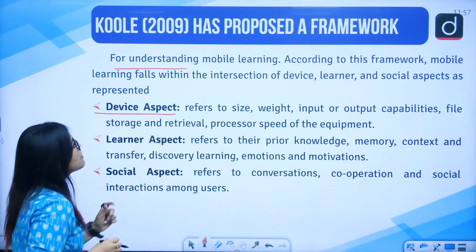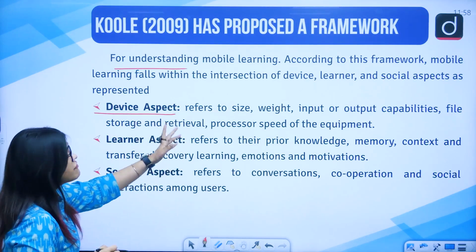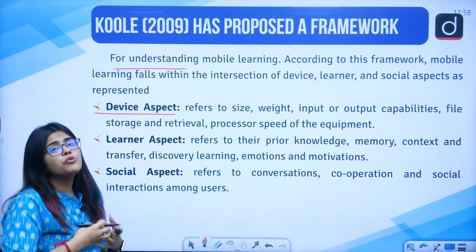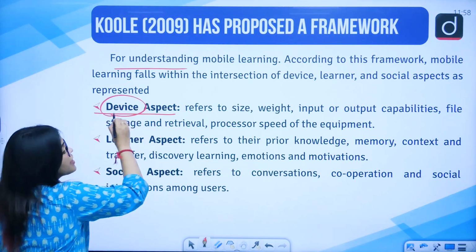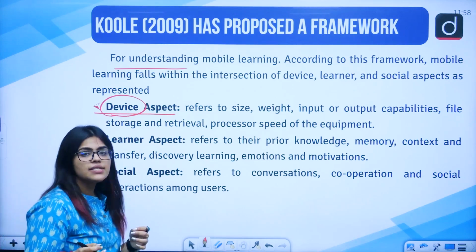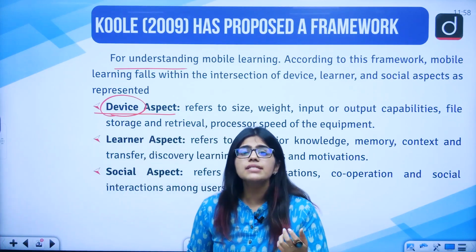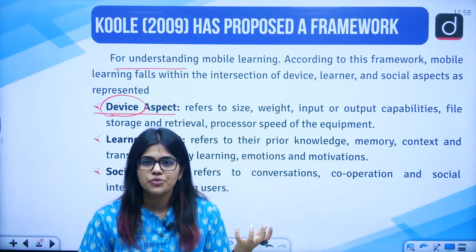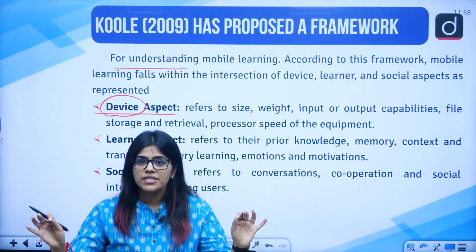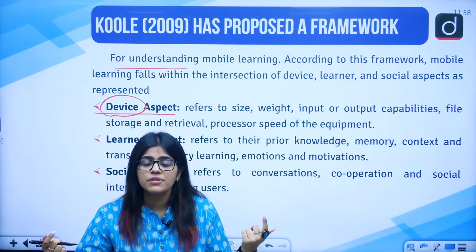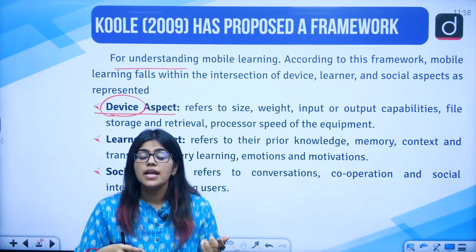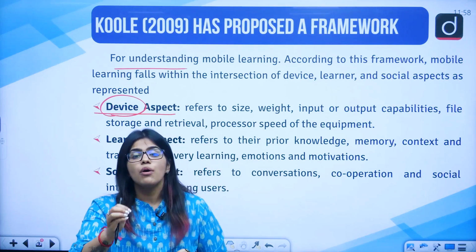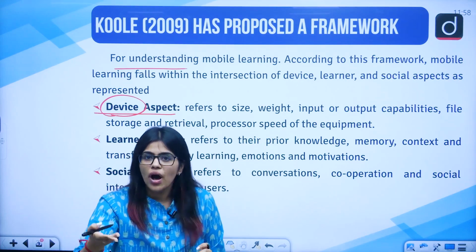He said that there are some device aspects. It refers to the size, weight, and also the input and output capabilities of the device that you are using. Now, each of us has a mobile phone, but what is the capacity through which you can use or store the data in it? If you have created one website, the students would download the website and you are teaching through that website. Is the device that the student is using capable of downloading or taking up the load that you have created?